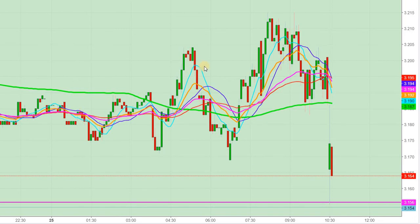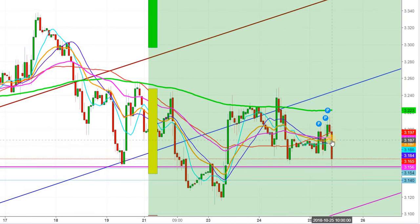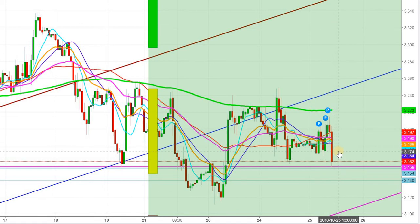$3.210. Let me show you the expected trading zone in a 1-hour chart where this weekly support exists. So here you can see that in a 4-hour chart, this weekly support is evident enough for providing a good support to natural gas futures in a 1-hour chart. And here you can see that still all the moving averages are giving mixed signals after the inventory announcement. No doubt that the natural gas futures are trading below 200 DMA, but they have taken a good support at this weekly support level at $3.157, and